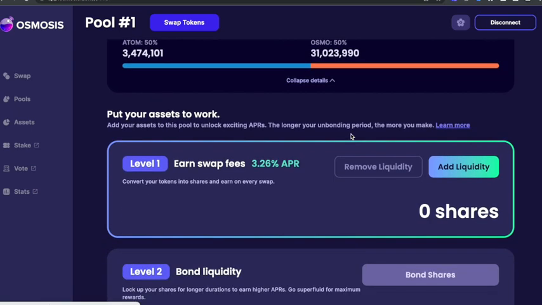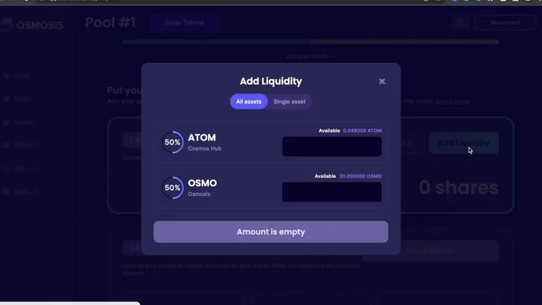Now, what I want to do is add liquidity. So I've already got some Atom and I've already got some Osmo. I click on Add Liquidity, and automatically it reads from the assets that I've already deposited on the smart contract. If I click on that, that's 48 cents worth of Atom, and it automatically chooses the equivalent in Osmo. So then I add liquidity,